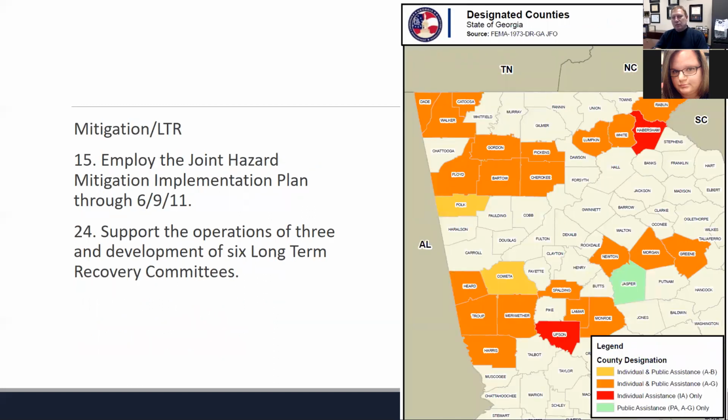And then the one thing that happens, so the short-term recovery is really helping individuals and helping public governments in the immediate aftermath of a disaster to help them recover. So that's really short-term recovery. There's something called long-term recovery and mitigation, where we look at not only what happened and can you fix it back. The second piece we look at is how do we help the community build resilience going forward.